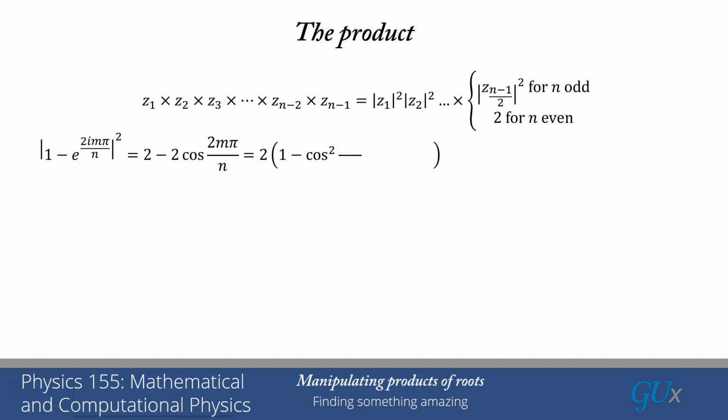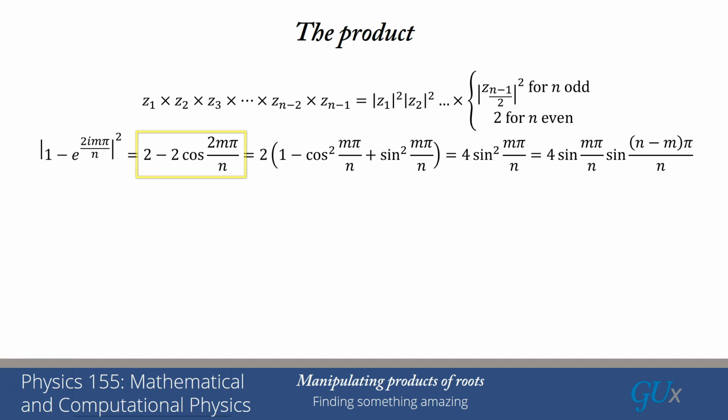So the modulus of 1 minus e to the 2i m pi over n, that's going to give me a 1 minus e to the 2i m pi over n minus e to the minus 2i m pi over n plus e to the 2i m pi over n times e to the minus 2i m pi over n. And that becomes 2 minus 2 cosine 2m pi over n. So please be sure you can do that algebra. It's fairly simple algebra. I just take z times z star, and I use the definition of what a cosine is,